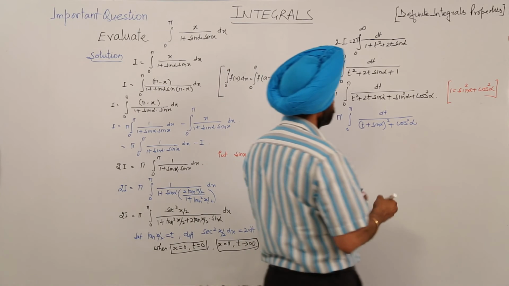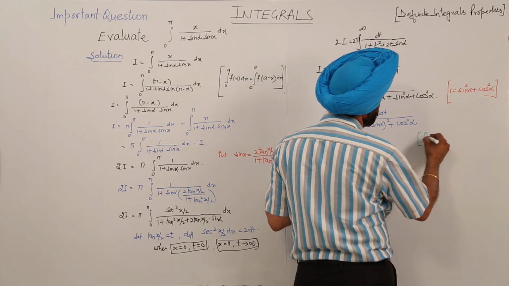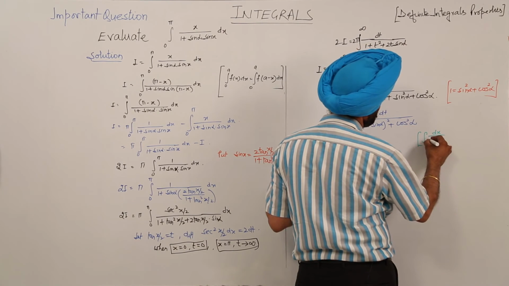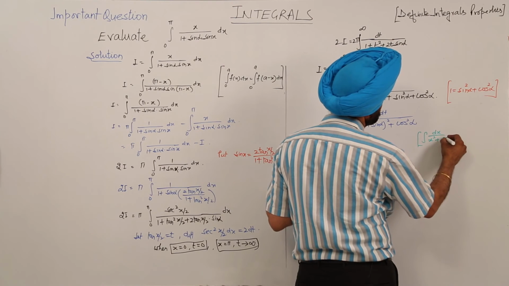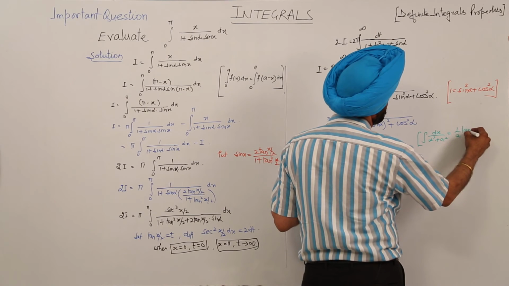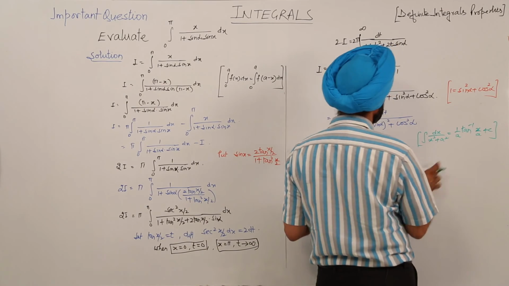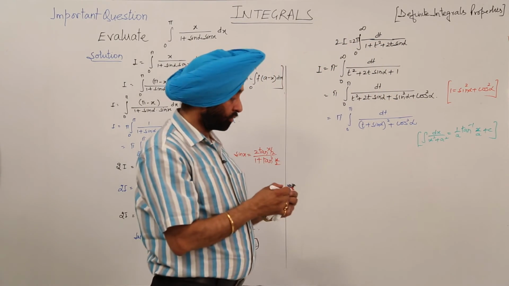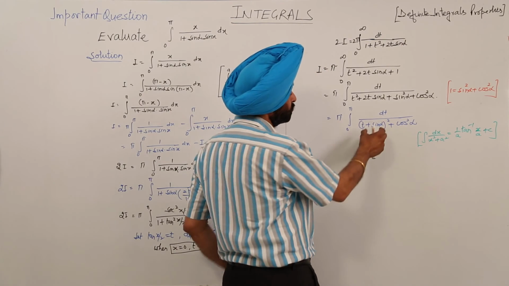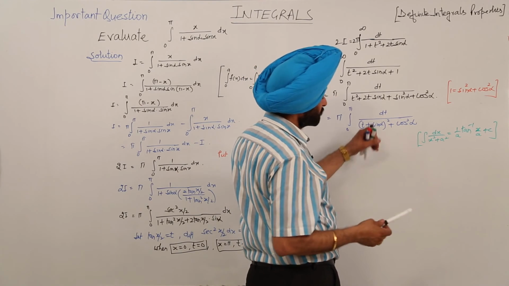Now we are having the integration of dx upon x square plus a square is equal to 1 upon a tan inverse(x upon a) plus c. So I am using this formula now for this one. This is the constant term with the variable, so we can assume that this is a variable whole square. Or you can put t plus sin alpha as z.